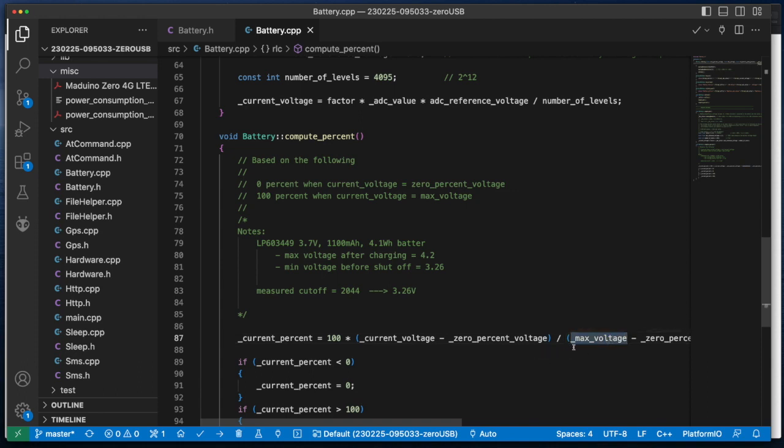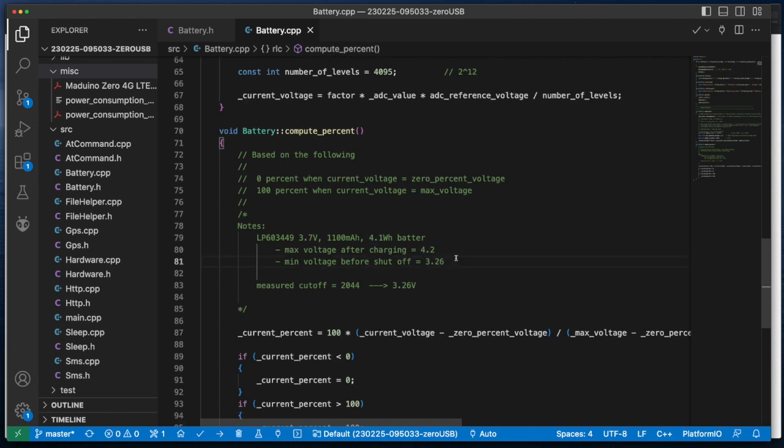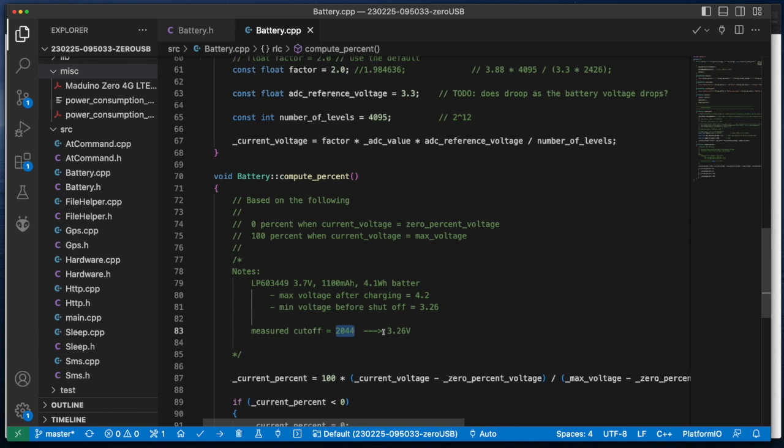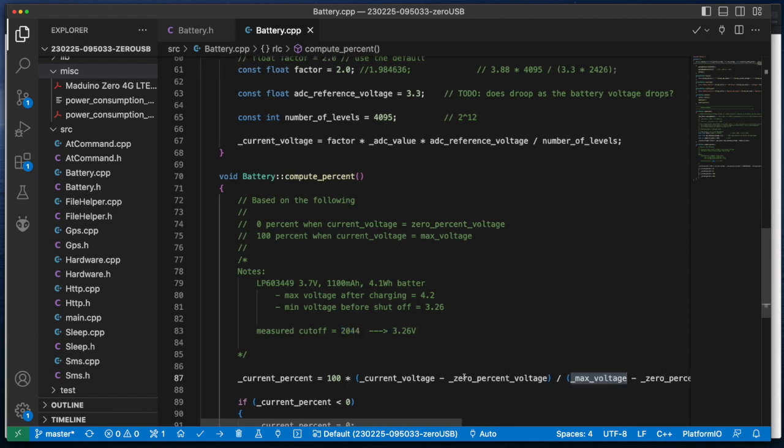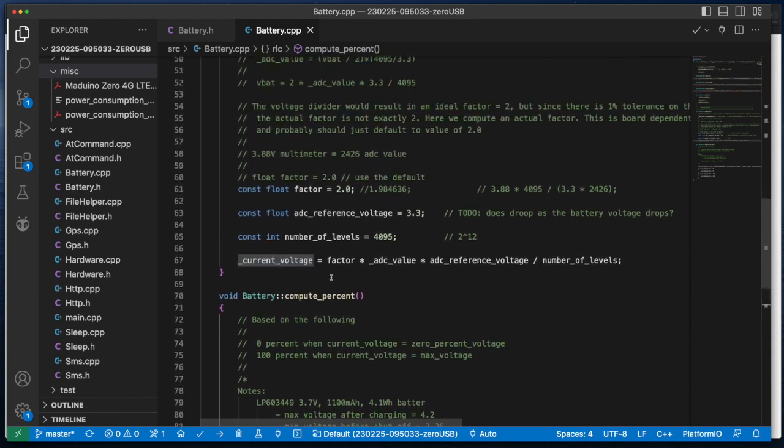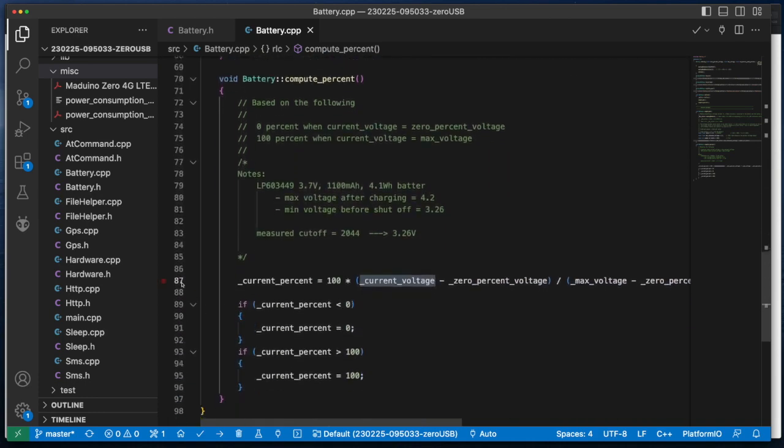I actually measured this. I fully charged the battery pack, and I measured the voltage when the battery was connected up to the Maduino. So when it's sampling 100%, I measured that voltage, and I got the value of 4.2. And the other experiment that I did is I measured the value when the board cut off. And so I got a value of roughly 2,044 as our analog to digital converter value. And if you use our formula, you can compute that that's roughly a voltage of 3.26 volts. We're actually providing the 0 voltage point and the max voltage as part of our constructor. And then we use the current voltage as our measured value,